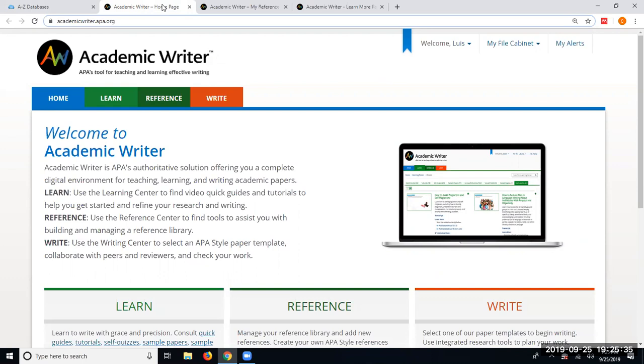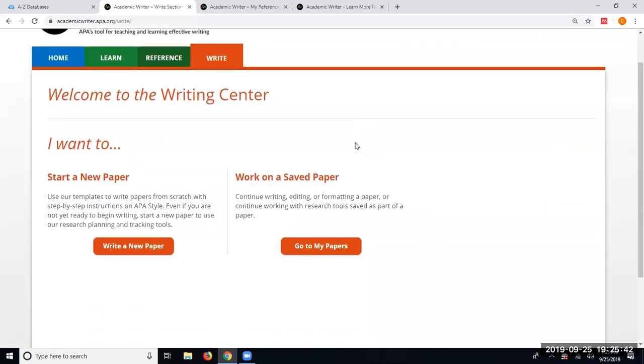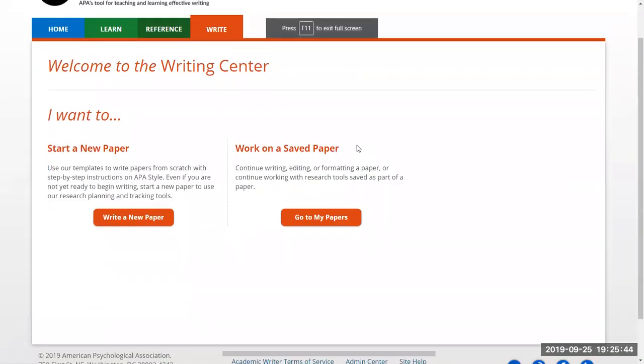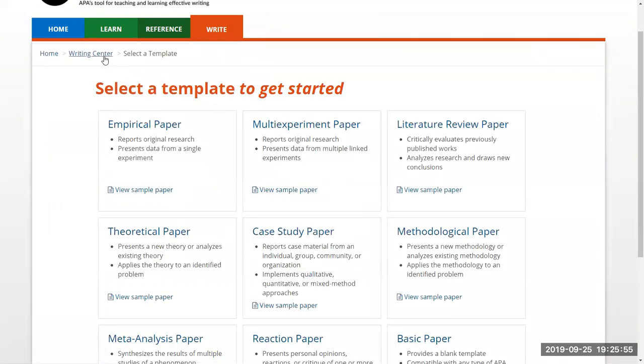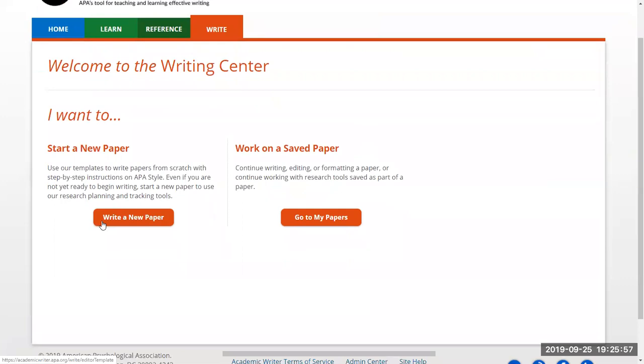Yeah, okay, perfect. All right, so now we're going to go into the Writing Center. The Writing Center is where you write your papers, and you can also view papers that you worked on in the past. What we're going to do now is create a practice paper. So if you start at the Writing Center and select Write a New Paper,